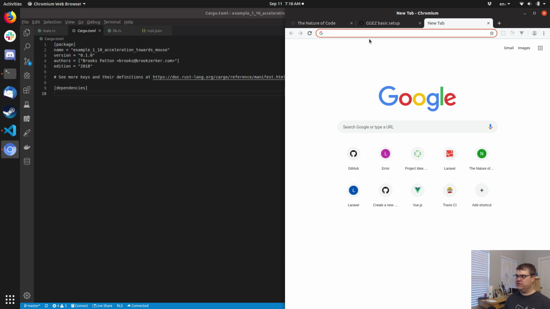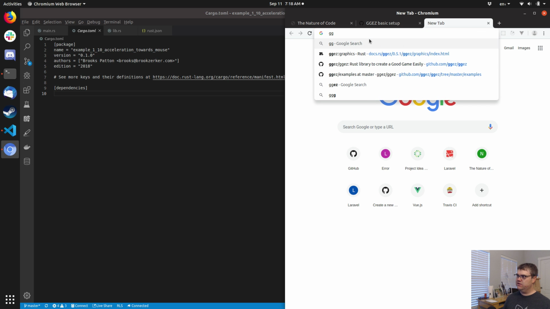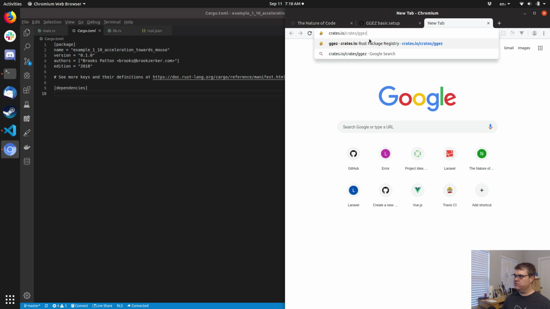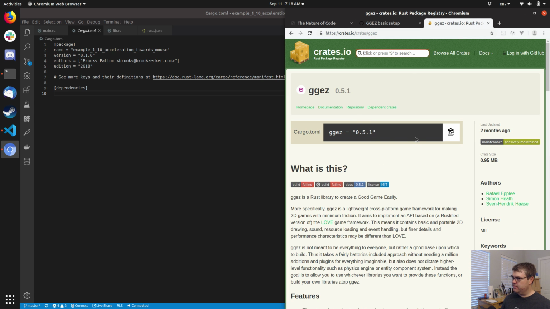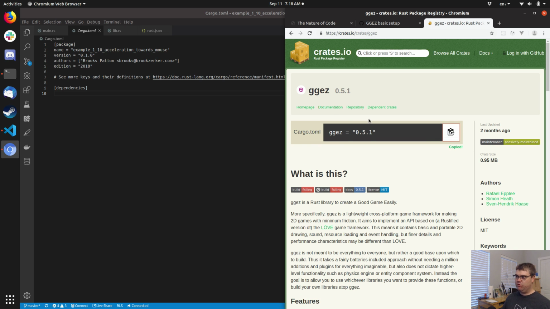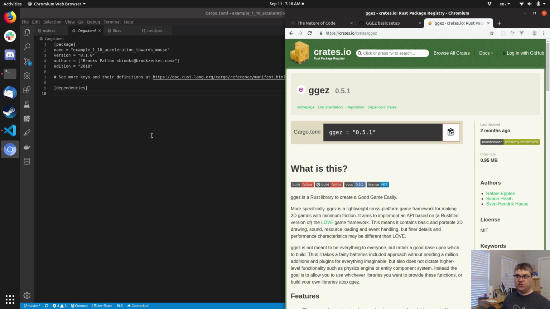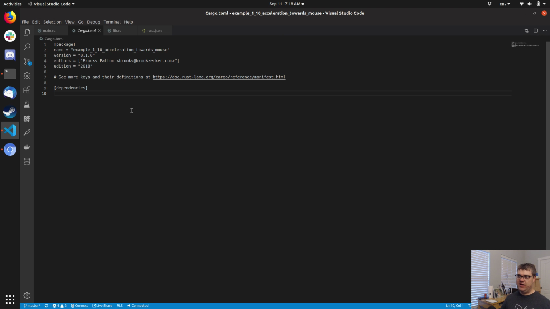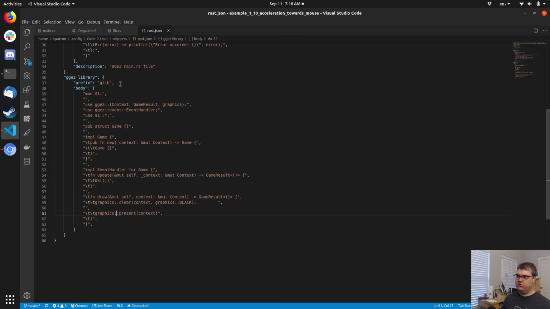If I want to, oh, I want to go to crates.io. Because I wonder if there's an API where I can grab what the latest is, and then an extension would be able to just tell me, and I can say, okay, well, if I want to do something like this,